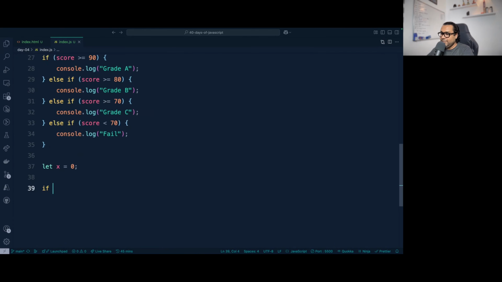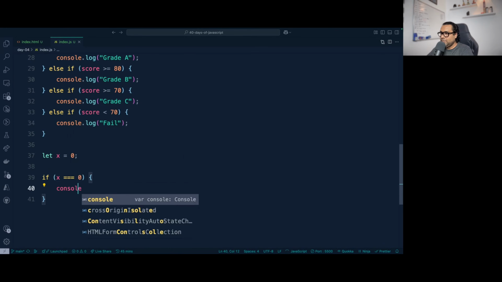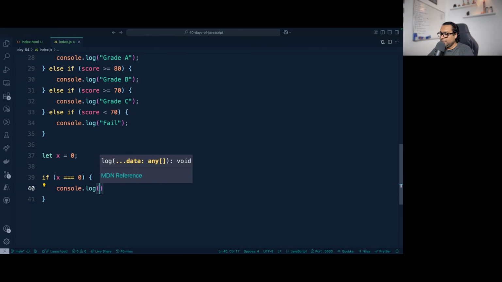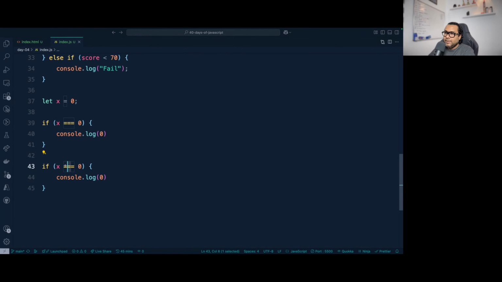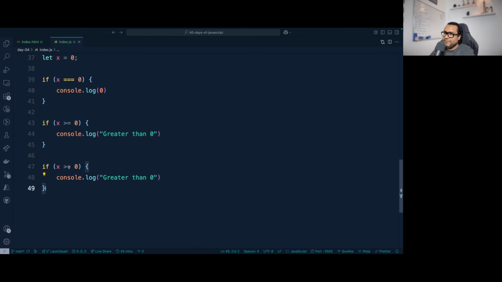Now if x is equals to 0, console.log, I'll print 0. If x greater than 0, then I'll print greater than 0. Now one more if block: if x less than equals to 0, then I'll print less than 0.